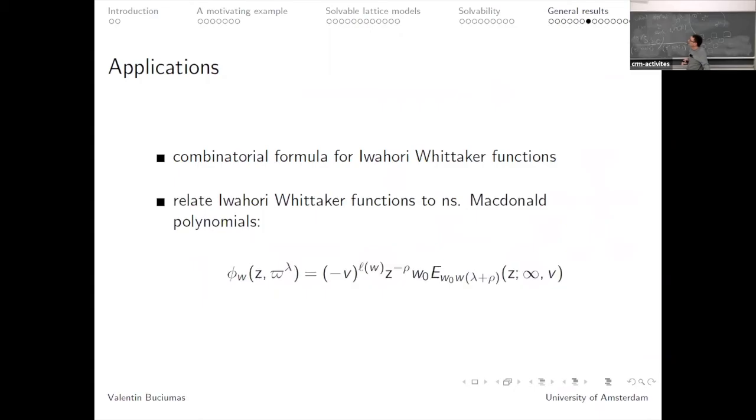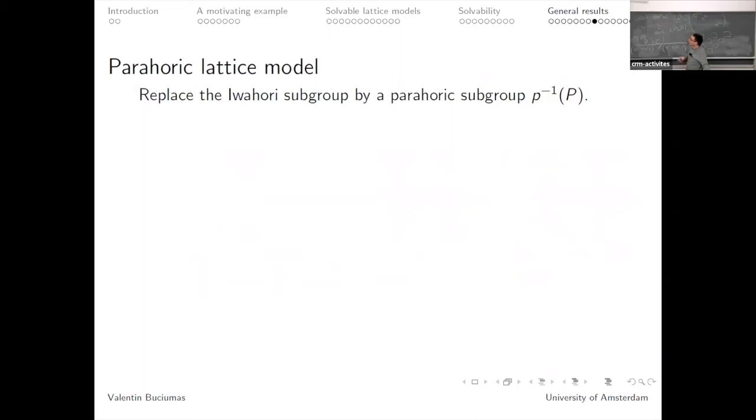We have some applications which include combinatorial formulas for Iwahori Whittaker functions and relating them to non-symmetric Macdonald polynomials. And so here's another interesting thing. You can replace the Iwahori Whittaker function by what's called a parahoric Whittaker function. So the Iwahori, you build it using the Borel, but in the definition of the Iwahori, you can replace the Borel by a parabolic subgroup